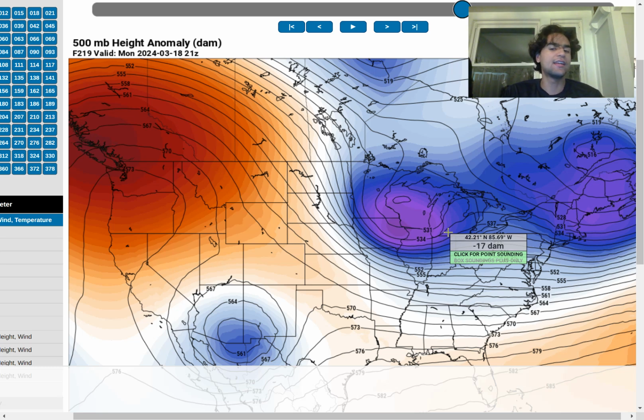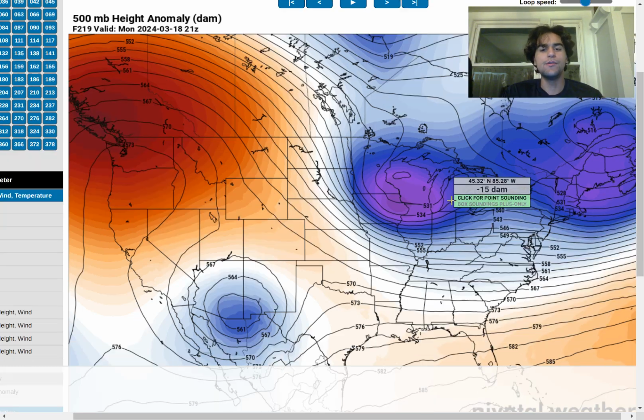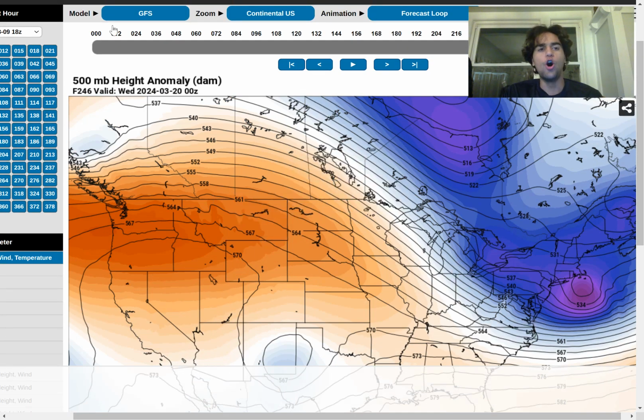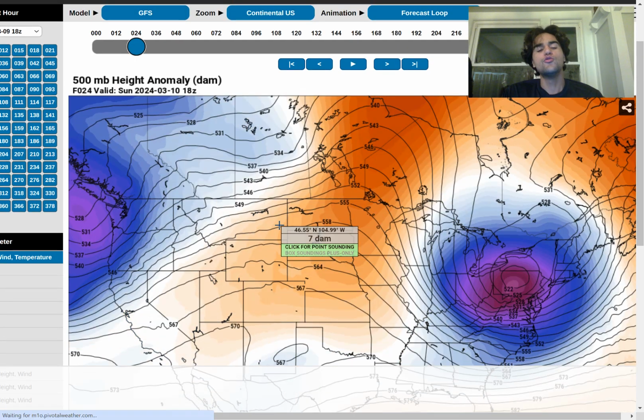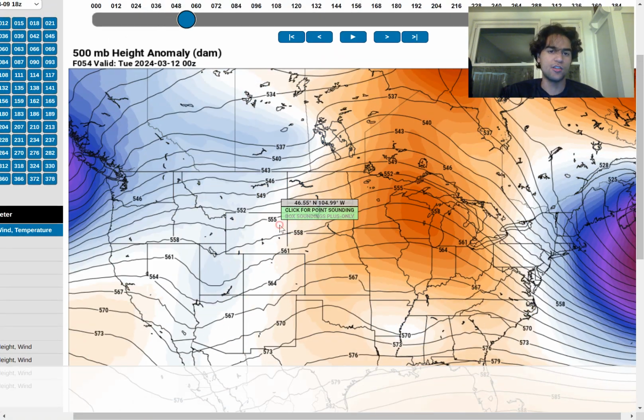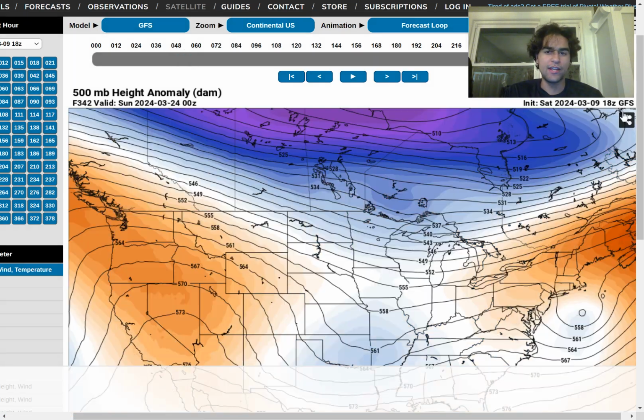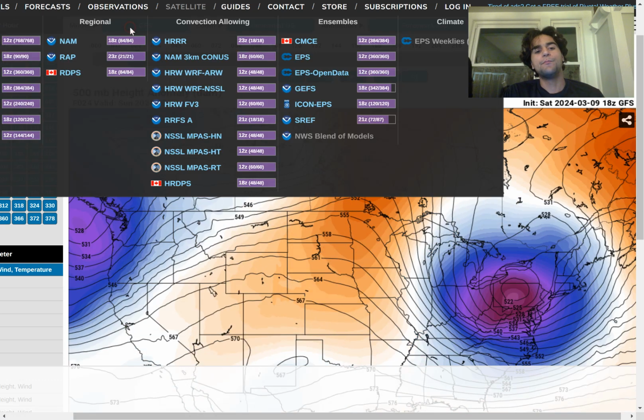So we're definitely going to keep tabs on this over the next few days, and I'll certainly keep you guys updated. But as of right now, the GFS model wants to take a good area of around 3 to 6 inches of snowfall over the northeast right around Tuesday and Wednesday of next week. Or rather, the week after next week, I should say, because it's still Saturday. So you definitely need to pay close attention to that possibility right around March 19th to the 20th, and